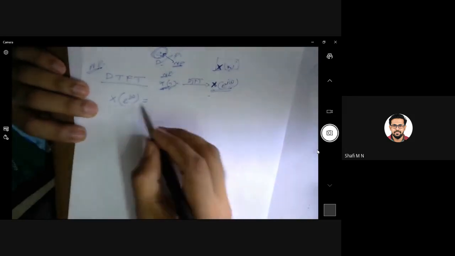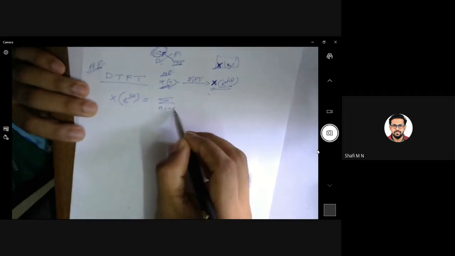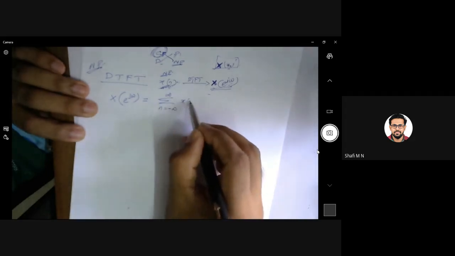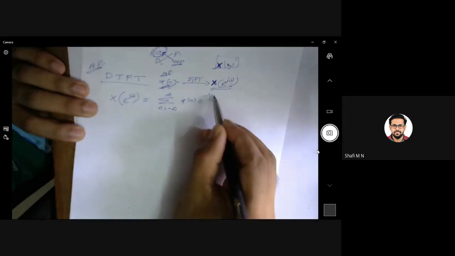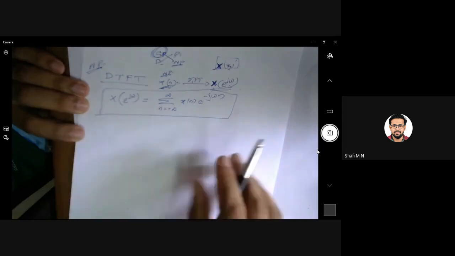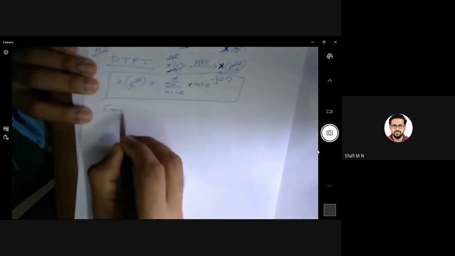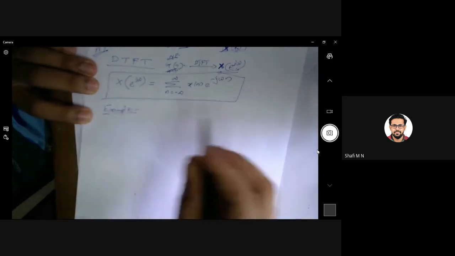So x of e power j omega, the equation is given like this: sigma n equal to minus infinity to infinity x of n e raised to minus j omega n. This is the equation to compute the DTFT of a signal. Let's try some examples. Very simple problems. We'll do two problems and wind up. First is